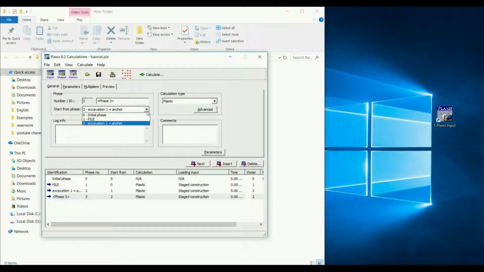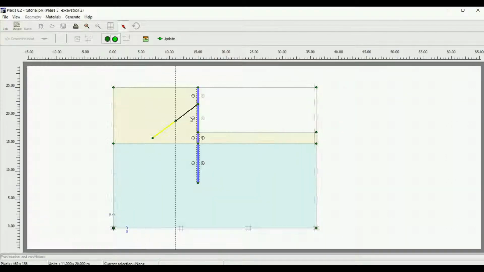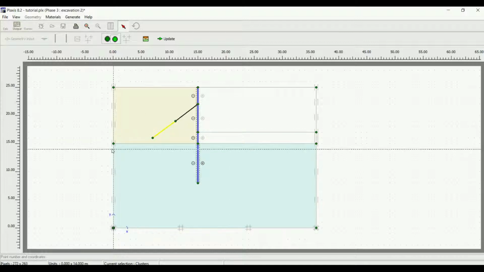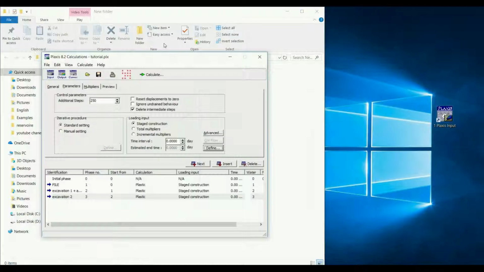We see it starts here from excavation plus anchor. Let's say it's excavation 2. Parameters, or from here we should define it. It's the final stage of our excavation. We're gonna go to update. Okay,